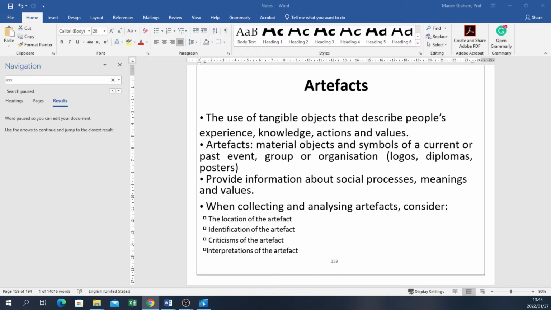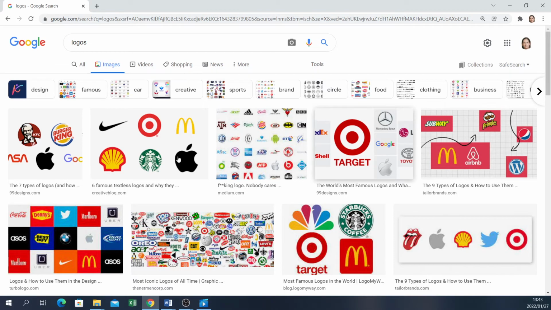So for qualitative research, you can give someone lots of logos. I can see lots of logos here. Let's say it's fast food. Yes, I see some fast food. We have Pepsi, Pringles. Here's McDonald's and Subway. Here's also Starbucks. So let's say you give them some of these fast food outlets, and then you ask,